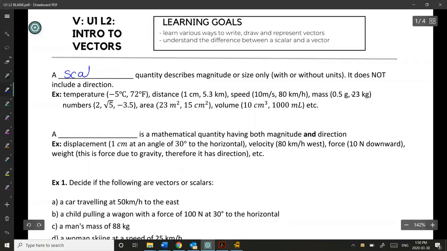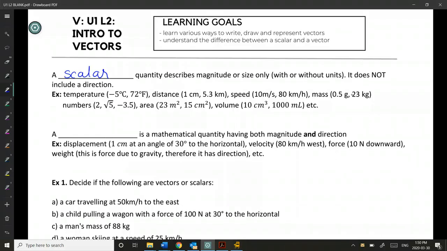So a scalar is describing something that has magnitude or size only. So it can have units, it cannot have units, and it will not include a direction. So things that are scalar quantities could be things like temperature, distance, speed, mass, just a regular number, area, volume,